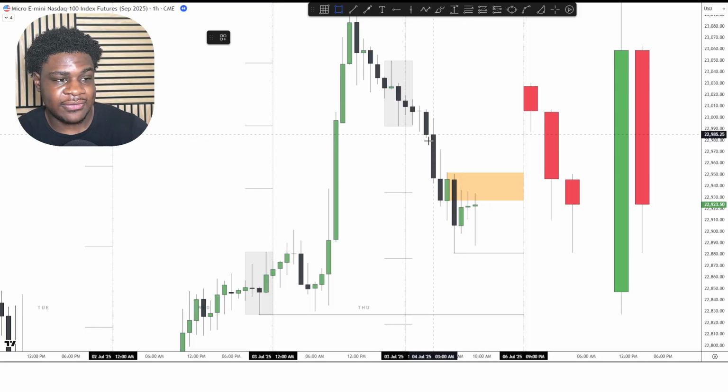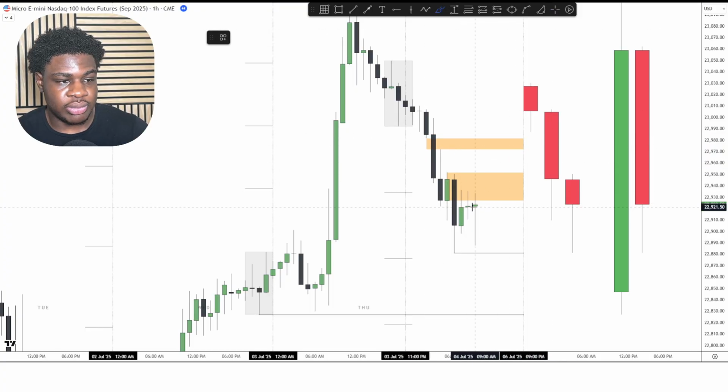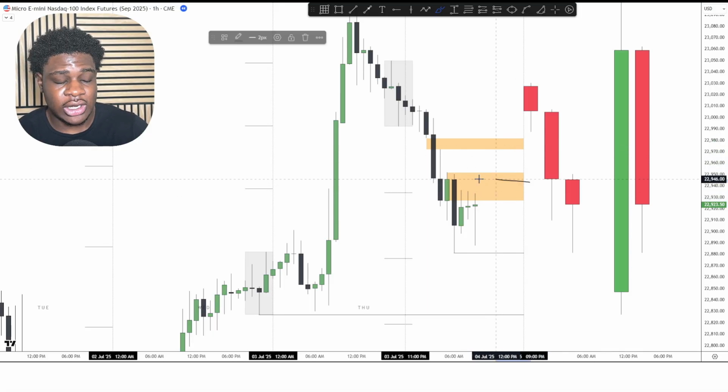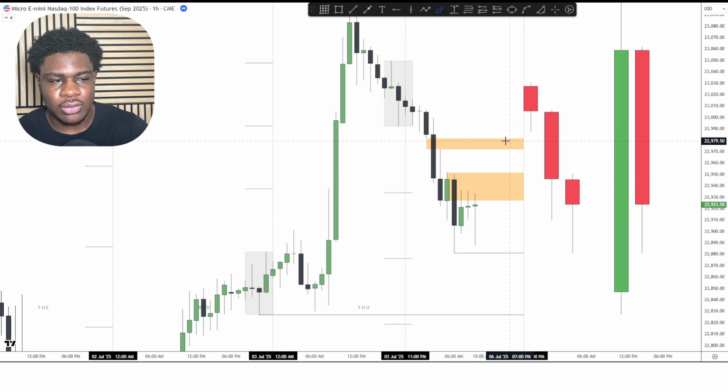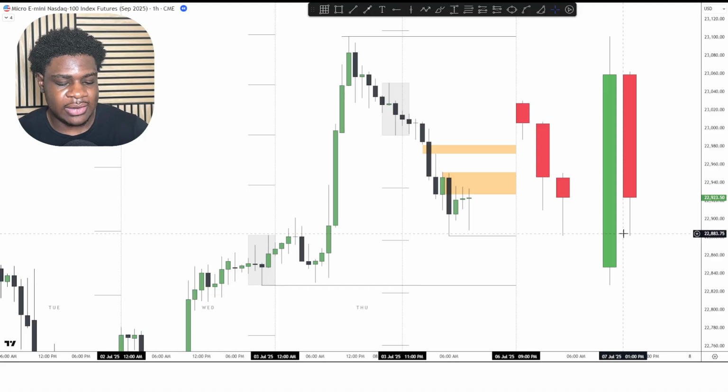We do have a fair value gap up here, which I will take note of. So if price were to break above this order block and retest it, maybe we could find support to come into that fair value gap. But since we are within this bearish order block, I don't really think price is going to get all the way back up there. I'm going to go down to a 30 minute time frame to see if I can